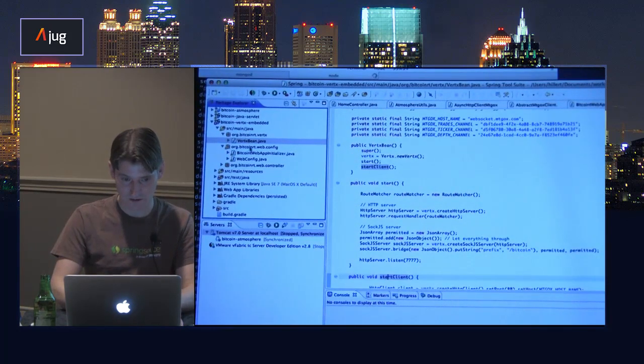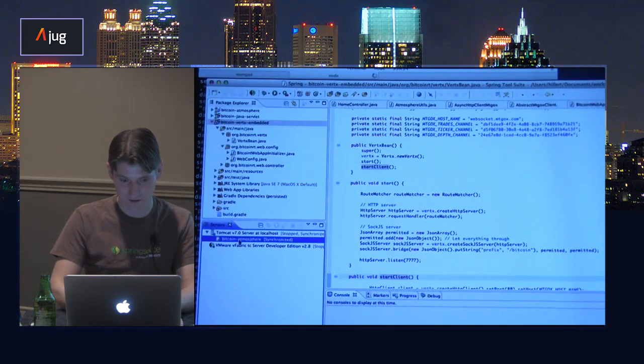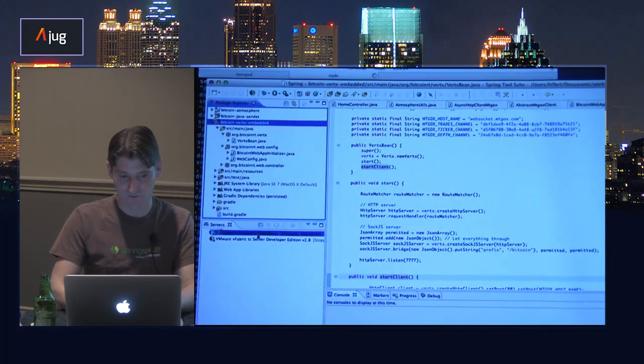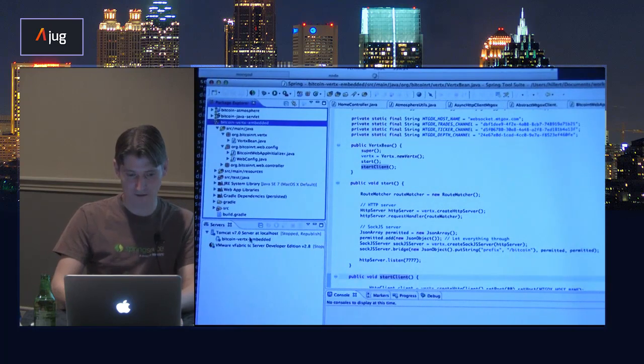So let me, Vertex. Okay, we have it. This one's running also as a WAR deployment. Let me just remove Vertex embedded, Tomcat.